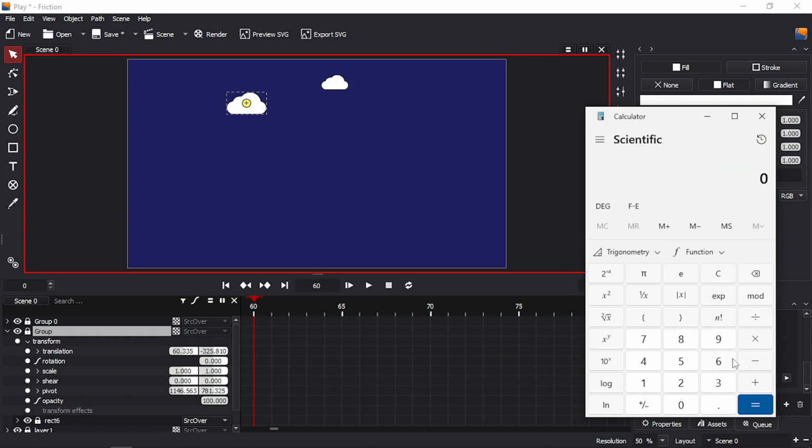So the positive value there already is 60.335. Okay, and the negative value we will put 3600. Okay, go hit equal, and we will grab this value,